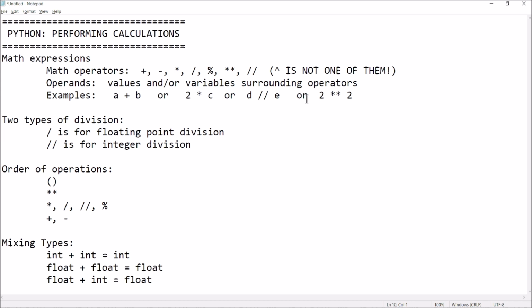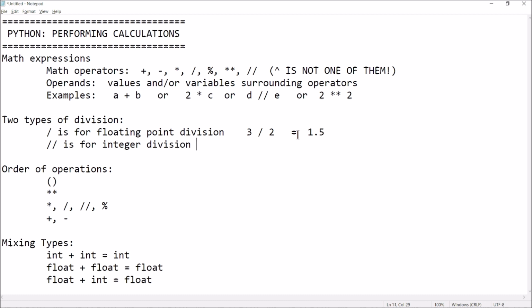Okay, so let's talk about 2 types of division. You've got a forward slash for floating point division, and 2 forward slashes for integer division. Well, what's the difference? A float divided by a float is a float, right? So if I want to preserve decimal places, then I have to use the single forward slash. So for example, 3 divided by 2, okay? Now what does that equal? Well, if I'm doing floating point division because I'm using this forward slash, that equals 1.5,